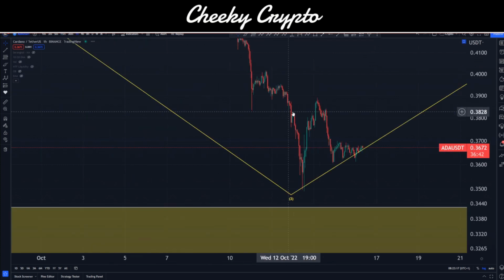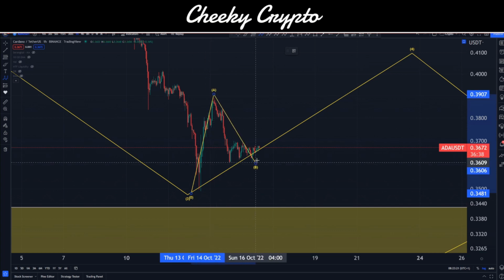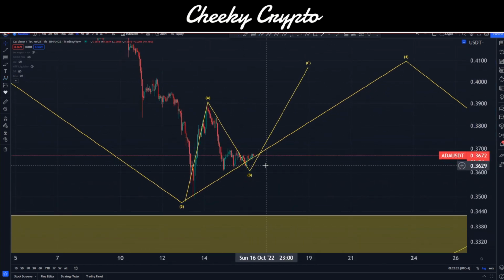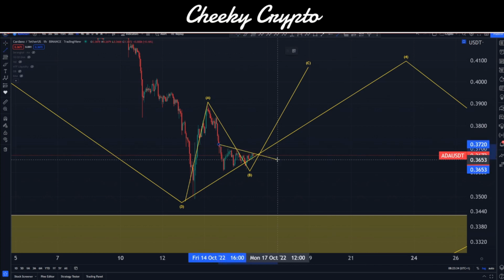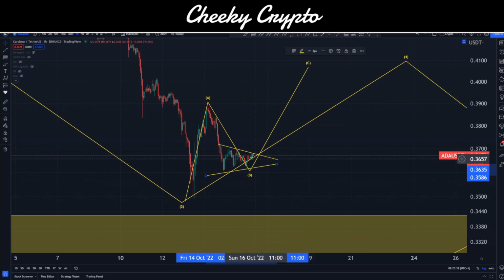So let's come back to our hourly chart. What I'm expecting is something like this to bring us up into a nice 4th wave point, but I don't think we're going to see anything like that just yet. I think we've got a little bit more volatility first of all. So what we can see inside this little area here is we're coiling up. I'm just going to draw some rough trend lines on. We're coiling up into something here.